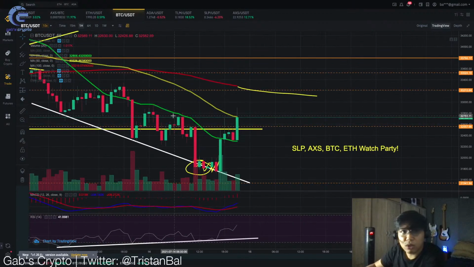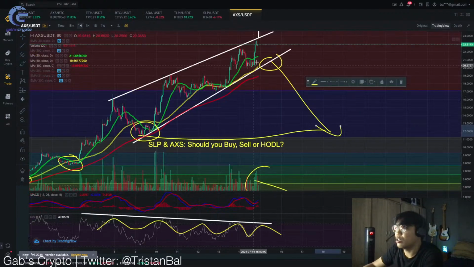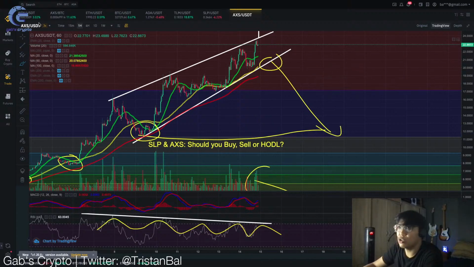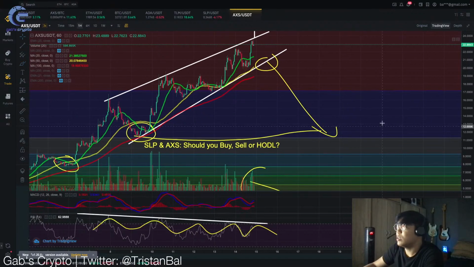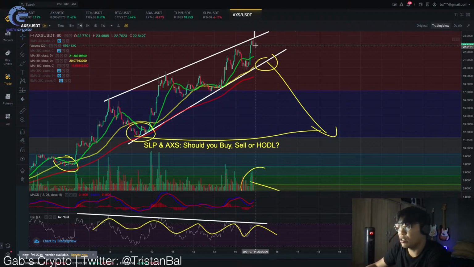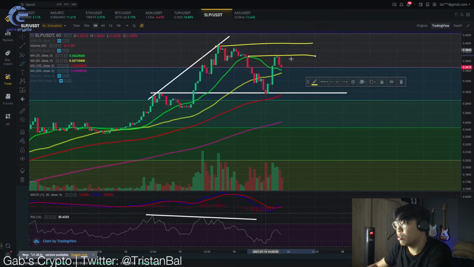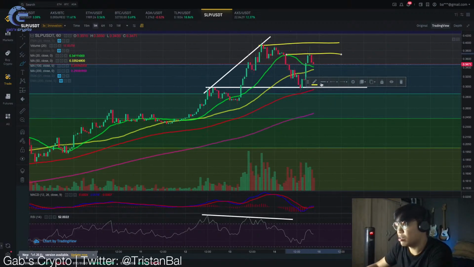And yeah, I think that's it for the whole video. So, yun nga, SLP, Axie Infinity Token, kailangan nyo i-watch out itong rising wedge. Pero this is a bearish signal. And if naging bullish tayo dito, ang technical target would be first, bullish technical target would be around 29 US dollars. Pero since this is a bearish pattern, we could actually still see a $12 movement dito. For SLP, currently we're forming a dead cat bounce, so this is a dangerous move. So what must now happen is SLP must sustain this support kay 50 moving average. Kasi kung hindi niya na-sustain yan, we are more likely going to see a dump for SLP in the short term.